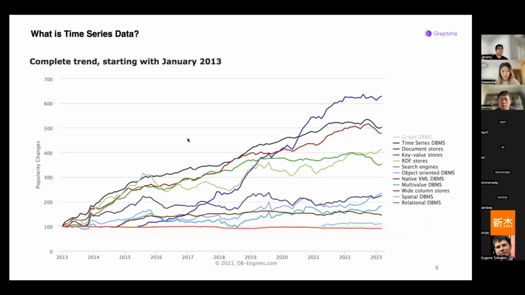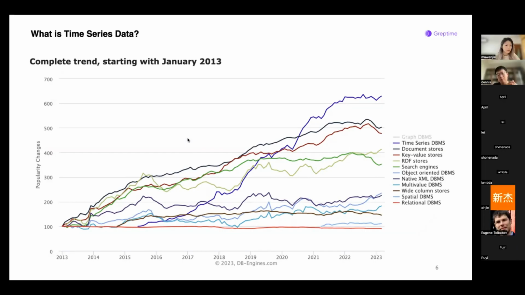First, the growth of the internet and the digitalization of many industries have led to the collection of vast amounts of timestamped data, such as website traffic, social media activities, and sensor readings. Second, the development of machine learning algorithms that are well suited for time series data analysis, such as recurrent neural networks and long short-term memory networks.